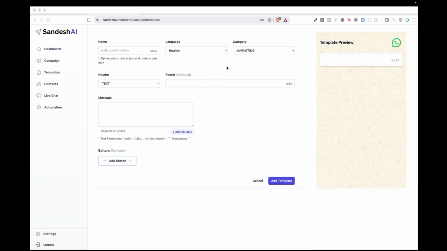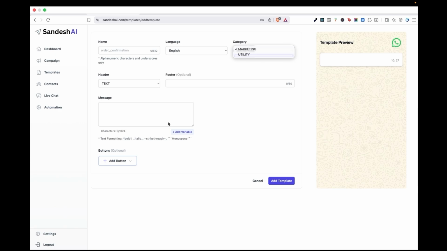So let me quickly explain about the WhatsApp template message. These are the messages that need to be approved by Meta before you send them. There are two types of template messages. First one is marketing and second one is utility. Marketing templates are used for promotional WhatsApp messages such as selling a product or announcing offers. Utility templates are used for informational WhatsApp messages like updates or reminders. You need to select the category based on the type of message you want to send. Make sure you choose the correct category, otherwise Meta may reject or reclassify your template.